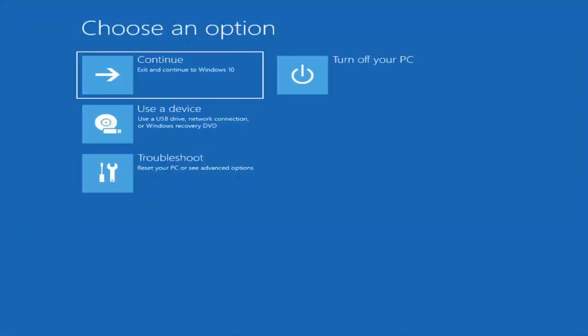So first thing I'd recommend doing would be to actually go ahead and boot to the troubleshooting utility on Windows 11. So if you do a hard power off 3 times in a row, Windows should automatically attempt to launch the startup repair utility. And if it doesn't find anything, it will give you the option to select advanced settings, in which case it will take you to a screen that looks like this. Now, if it does not take you to a screen that looks like this, or you're unable to get to that,